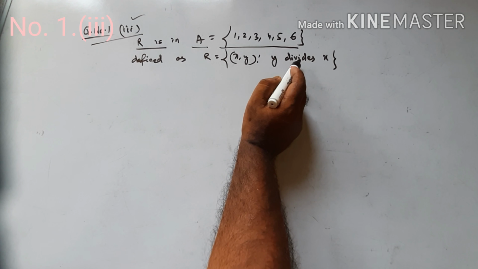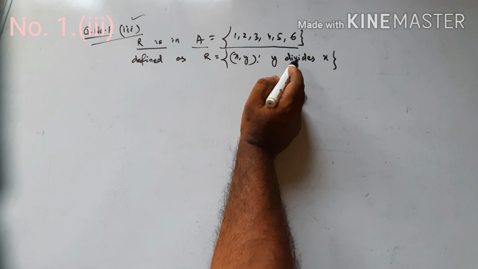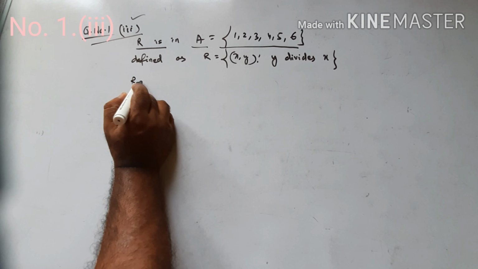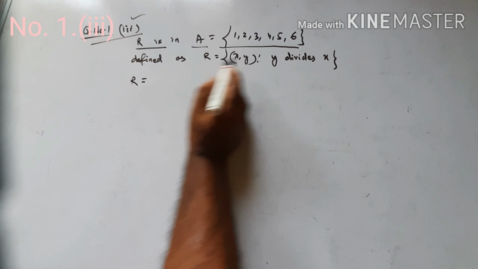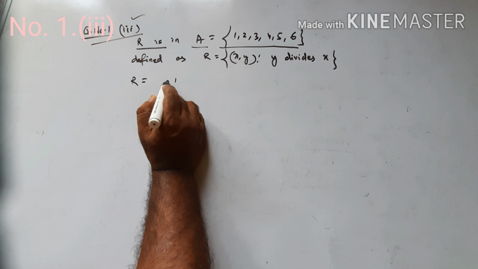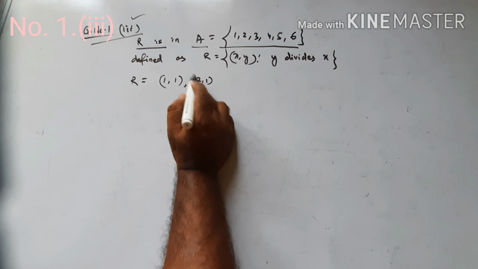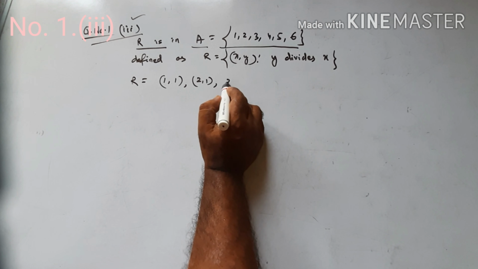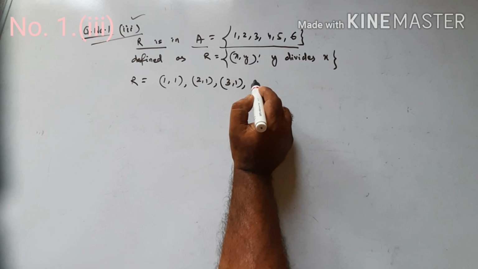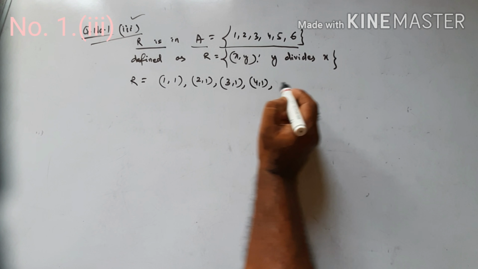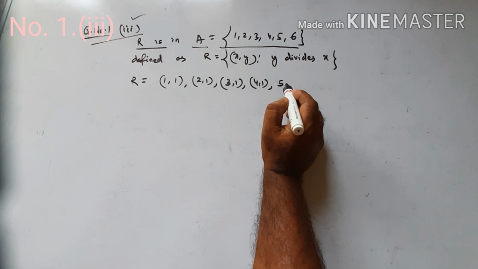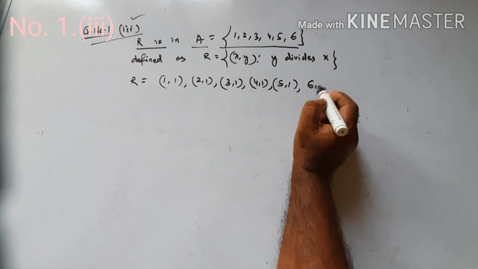That means the elements of R will be: take y as 1, then 1 divides what? (1, 1), (2, 1), (3, 1), (4, 1), (5, 1), (6, 1),